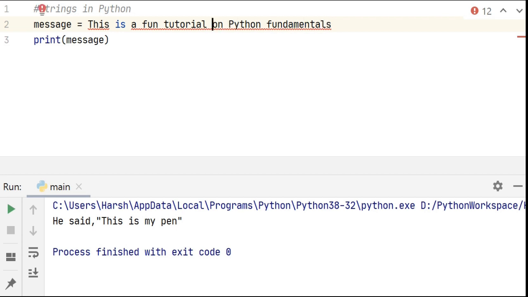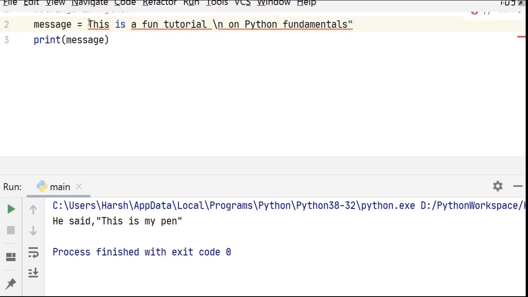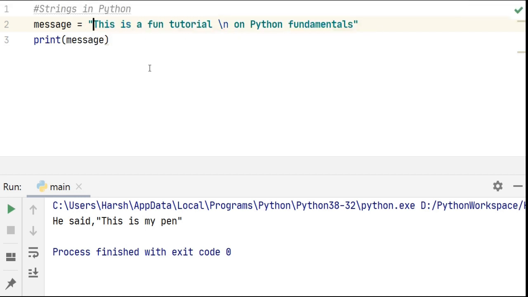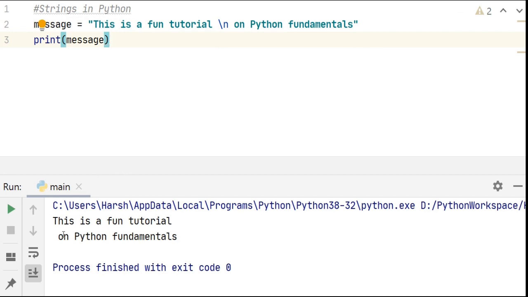So before that, I will just use the \n character and represent this string inside double quotes. So let's run it. Here we can see that the part before the \n character is printed on one line and the rest of the string is printed on the new line.